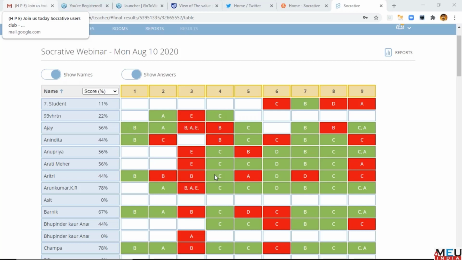The advantage of Socrative is you can have lengthy questions. In Kahoot, you have limited words, but here you can have a scenario. I'll show you some of the classes which I conduct using Socrative. You'll see you can create a scenario also. All these things are possible. Now we will demonstrate one by one. We'll go to the next phase of today's session.